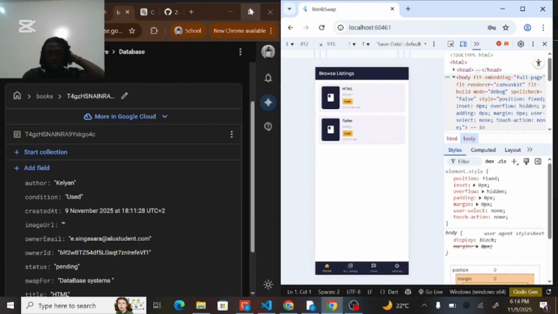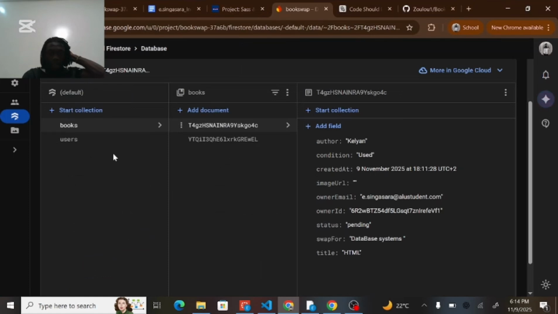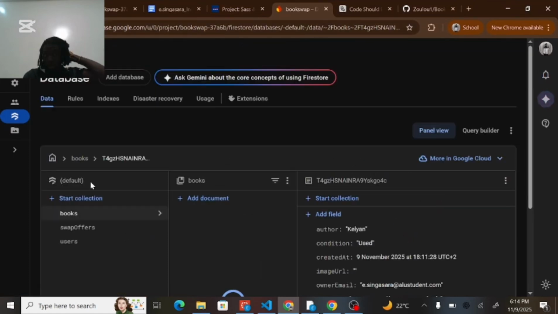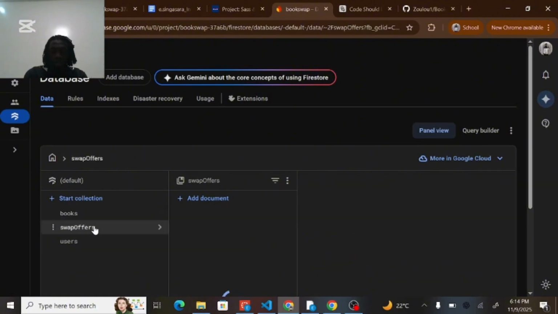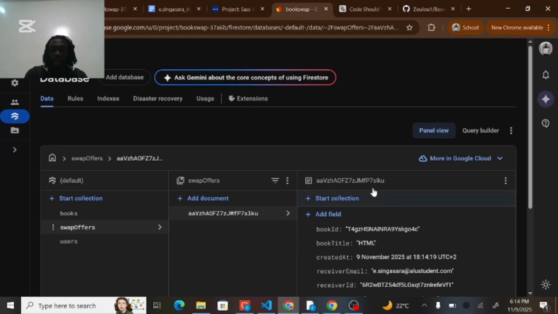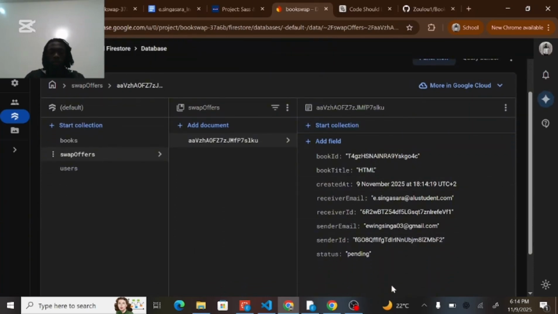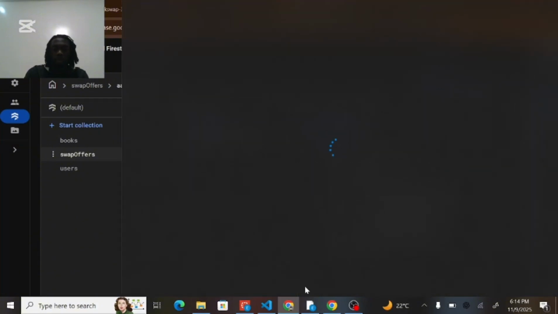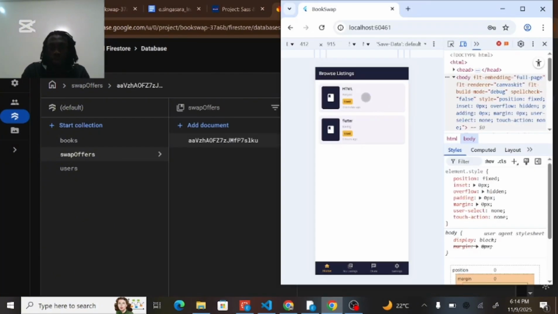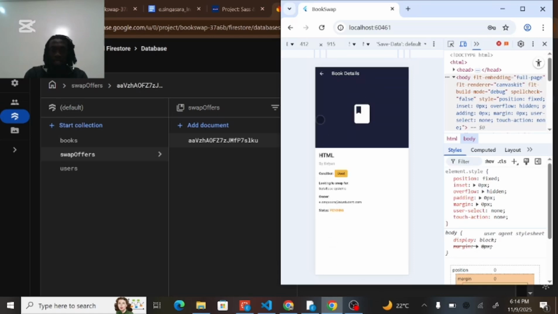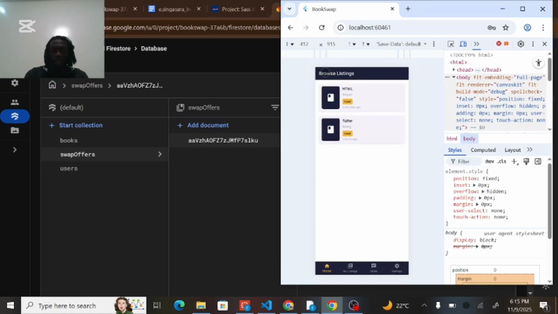And in the Firebase console, a new document has been created. We can check. Let's refresh the page. Yes, a new document has been created in the swap offers, and it contains the book ID, the sender, the receiver information, and the status is pending now. You can also notice that the book status has changed to pending. Once it shows pending, it prevents other users from requesting the same book since you have already